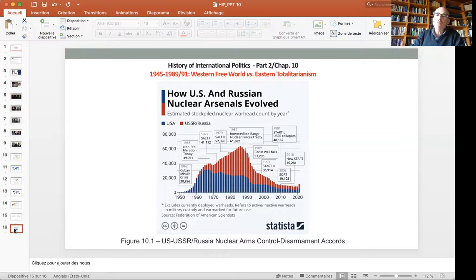The end of the Cold War, ladies and gentlemen, was due, this is what we saw in our first part, to Gorbachev's awareness that, economically speaking, the Soviet Union was too weak to challenge credibly America's preeminence, despite the balance of terror. From a normative point of view, ladies and gentlemen, the end of the Cold War was due